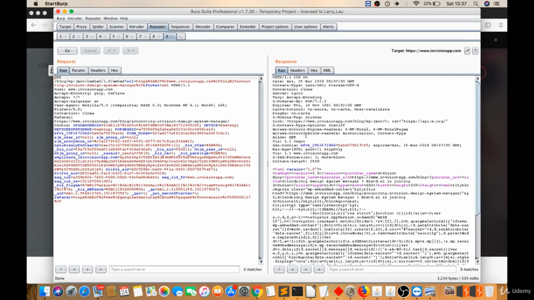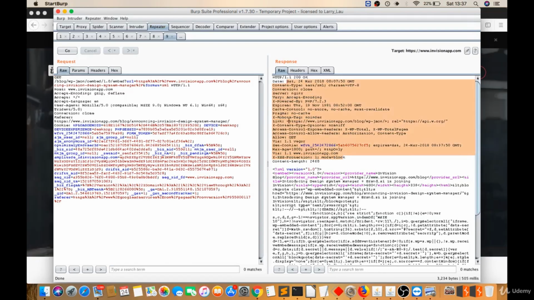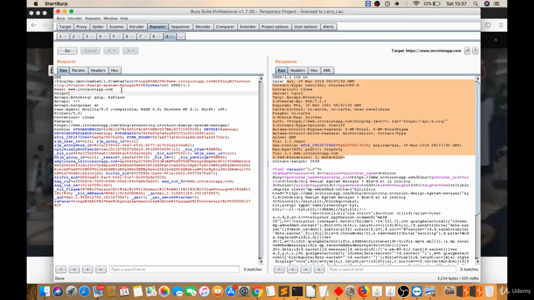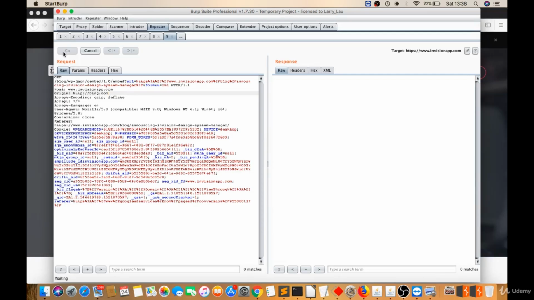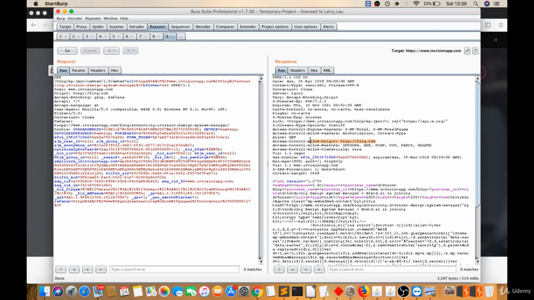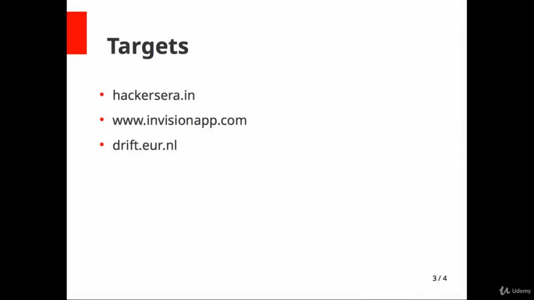and first click on go directly. Let's check the response header. They are not allowing anything. There is no Access-Control-Allow-Origin. Now add a header there, that is Origin: http://bing.com. See, they're allowing Bing. That means this domain is also vulnerable. Now